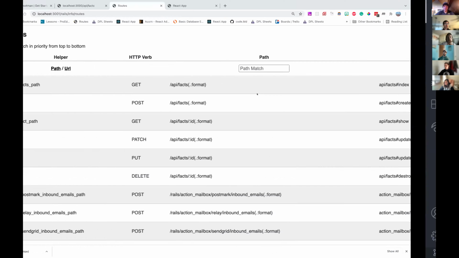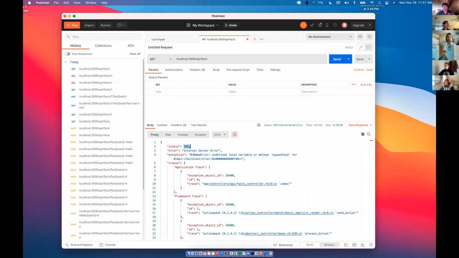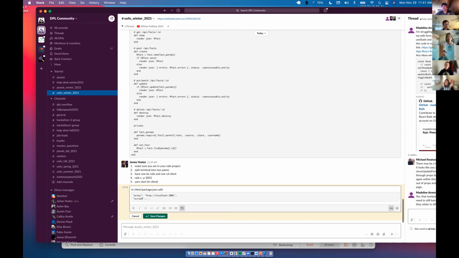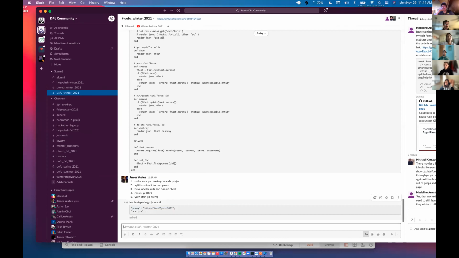Now I want to show you something, because in Slack, I kind of slacked it out like this. I want you to add this one line. I kind of throw this scripts here. I should actually say that scripts isn't what you add, it's just to show you a place to add that. So you want to add this line,